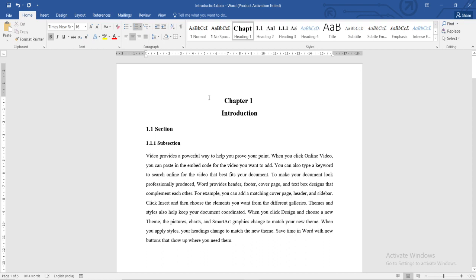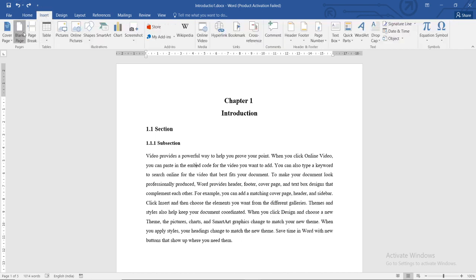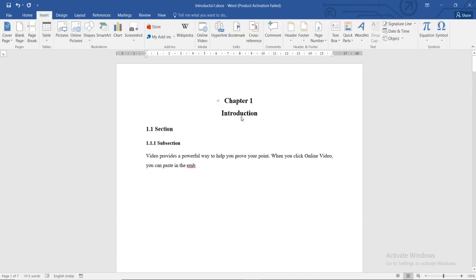I will just make one more page at the top, just to make sure we have something before the chapter.